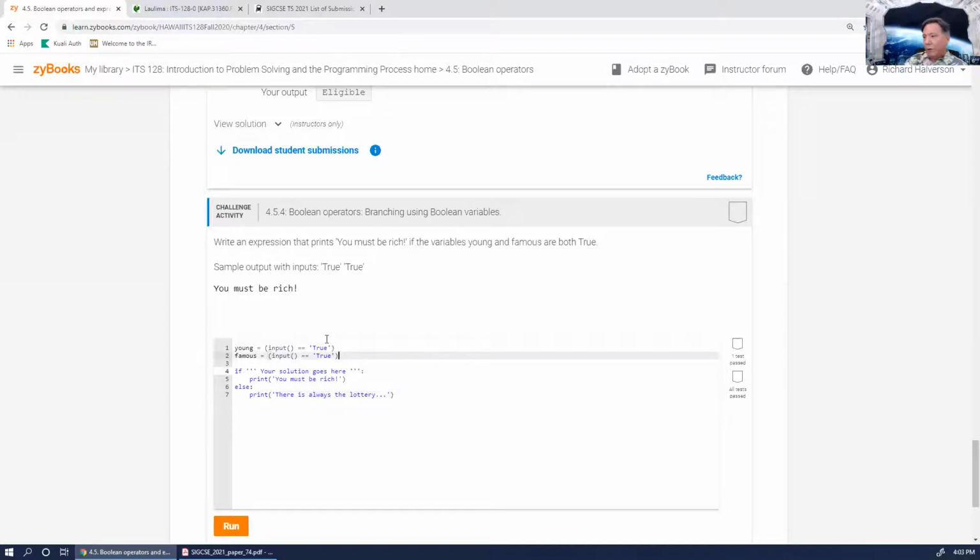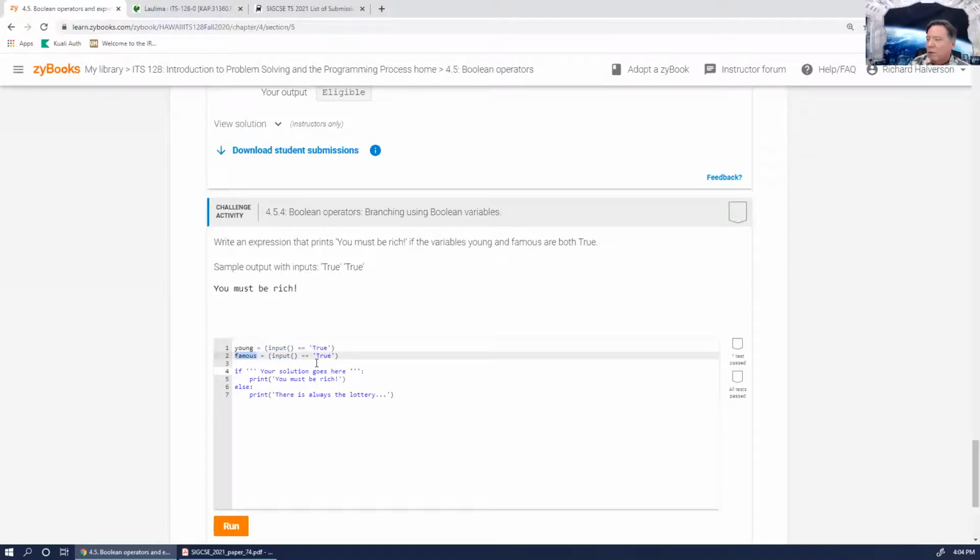Okay, so the way this works is you're supposed to type in, you know, the thing runs, it doesn't display anything out, it just expects you to know what you're supposed to type in. You type in true if young is true, and you type in false if young is not true, and then it waits for you again to type something else in. And if you print true, then famous will end up being true, and false, if you print false, then famous,